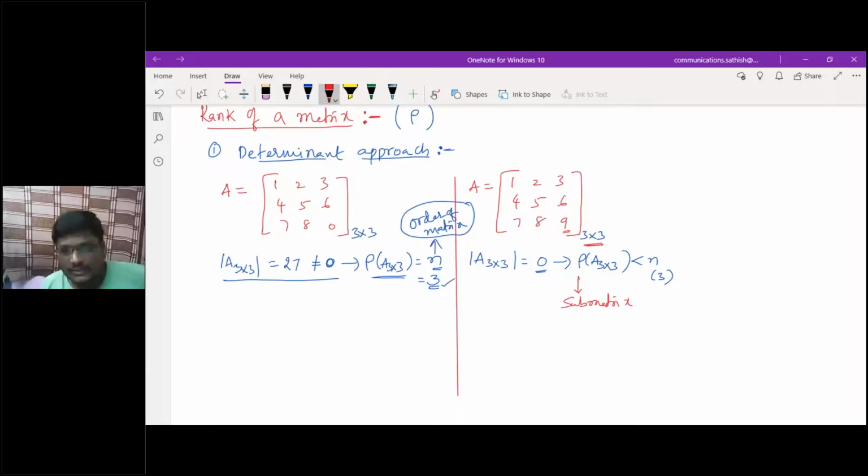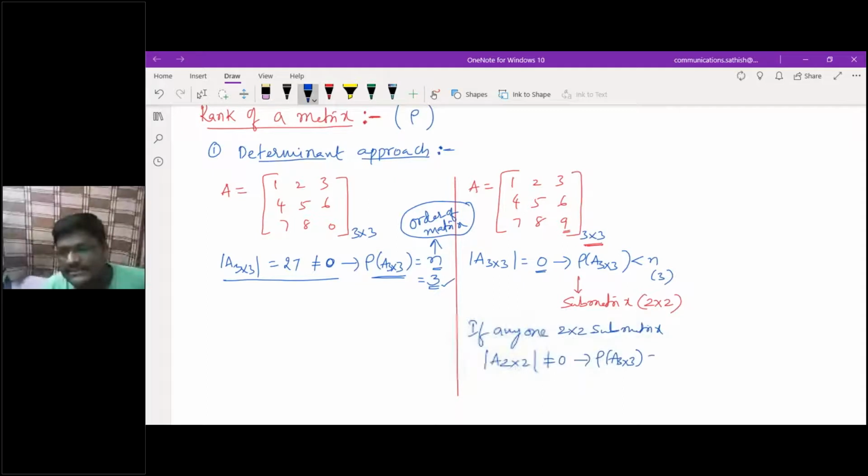In those submatrices, I'll have 2 by 2 submatrices. Here also, if any one 2 by 2 submatrix determinant is not equivalent to 0, then the rank of the third order matrix